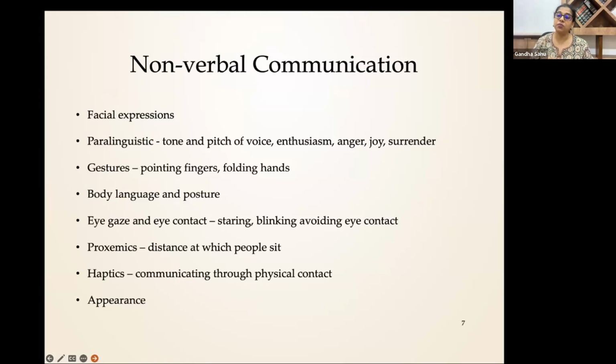And he did this in many ways. He came without a piece of paper. He came in and just sat there without saying anything to anybody and said, "I'm in a hurry, I'm not interested." And that was more than obvious in the way he was sitting, closed, not ready to talk. So basically, understanding that and picking up those cues, you need to be aware that, okay, this person right now is not engaged, is not invested. There are gestures, pointing fingers, folding hands, body language and posture.